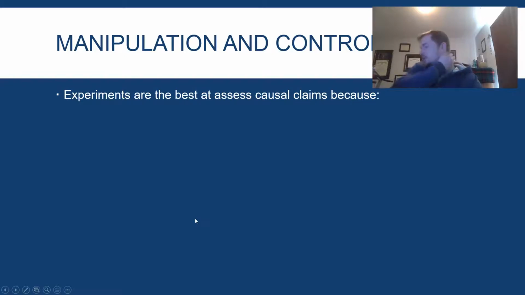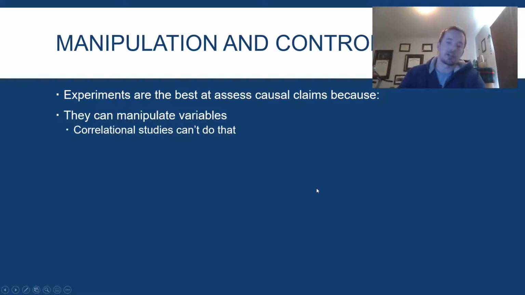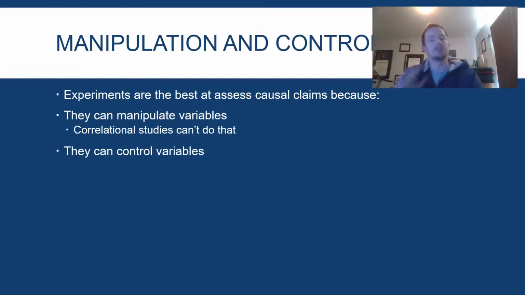we are making experiments, we're drawing causal claims. In other words, we are making a claim that this causes this to happen. That laptops cause folks to not do as well on conceptual information. That large bowls cause people to eat more than they normally would. So we can manipulate variables, but correlation studies cannot do that. The manipulation of that variable is going to be important.